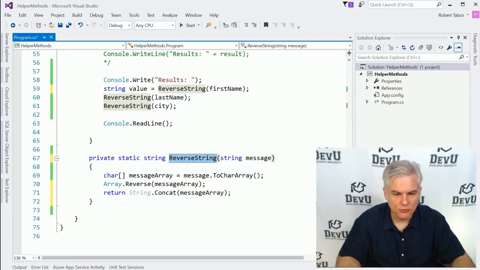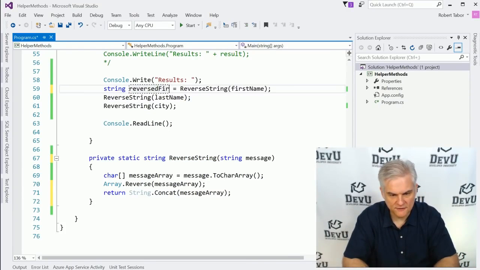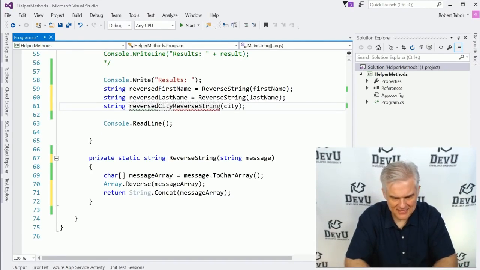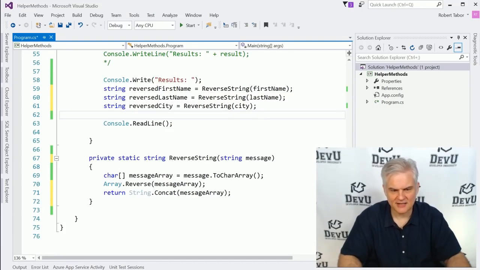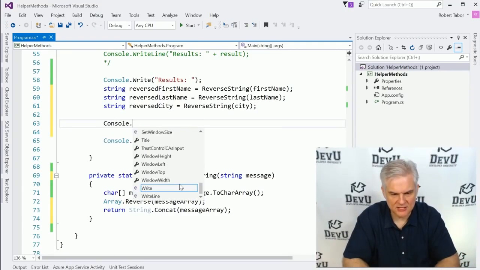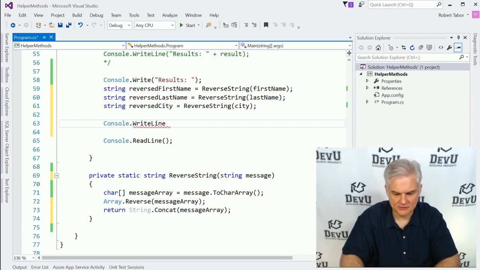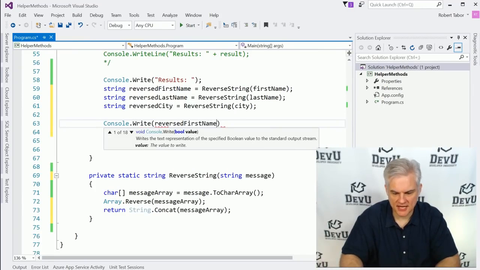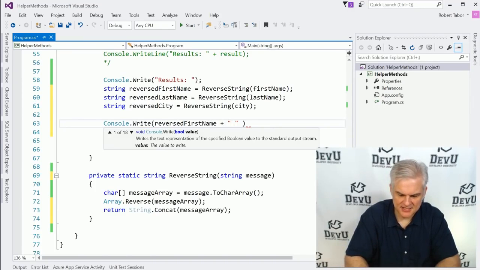In this case, what I would probably want to do is actually save it. So I would call this reversed first name, like so, and then string reversed last name equals, and then string reversed city equals. All right, and we'll shorten this up in a moment, but hopefully you'll see where I'm going with this. And then what I can do is console.write, or just here, let's just do write reversed first name plus space,